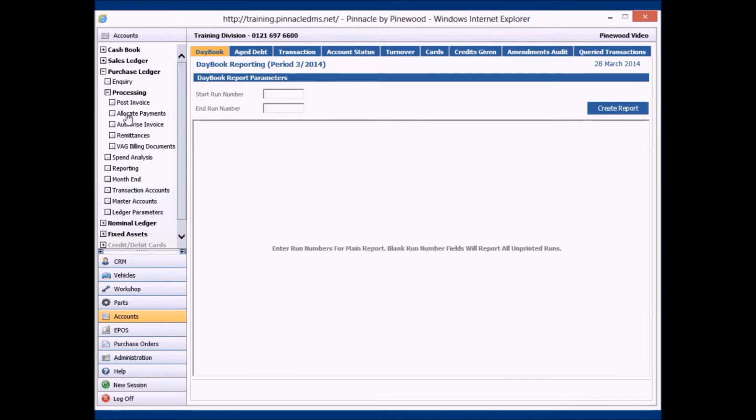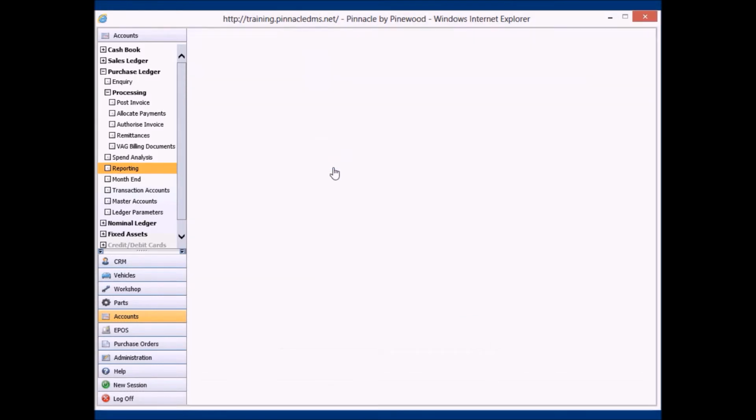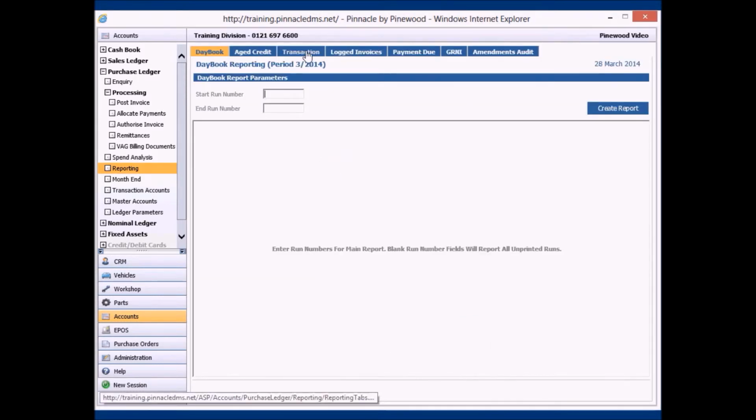We'll be going over the allocate payments routine and the part allocation methods, the authorised invoice routines, and detailing producing remittances and BACS files. We'll also be covering a spend analysis report and other reporting functionalities that exist within the purchase ledger, such as the daybook, age credit, transaction, logged invoices reports, payments due reports, the GRNI report, and the amendment audit again, before covering off the month-end process. We'll also take a look again at setting up transaction and master purchase ledger accounts, and then the ledger parameters